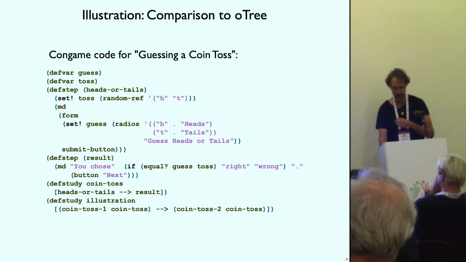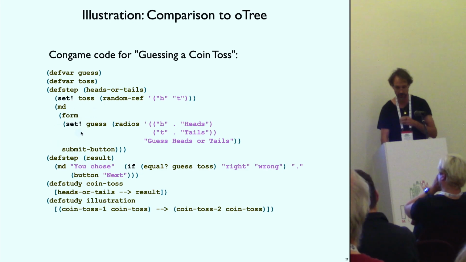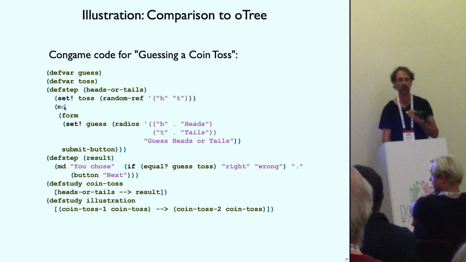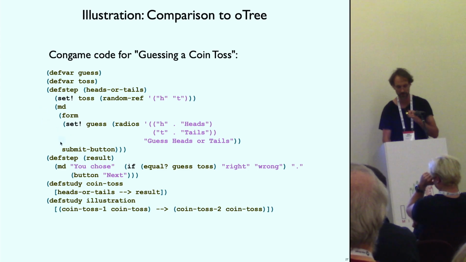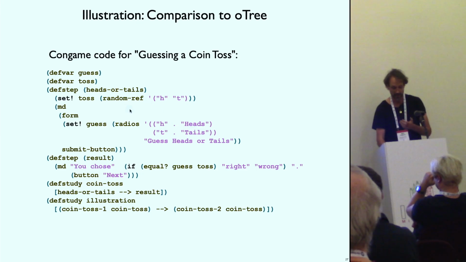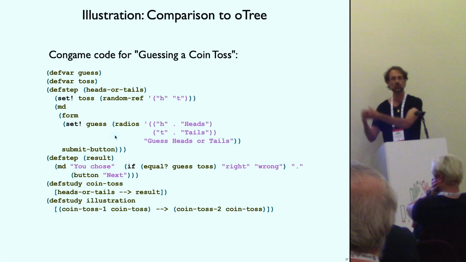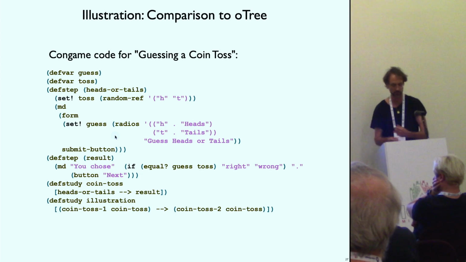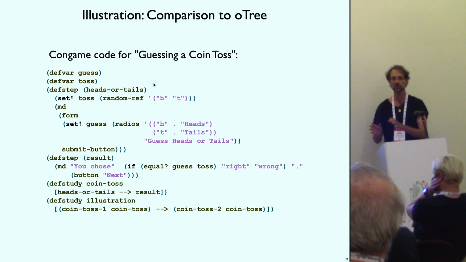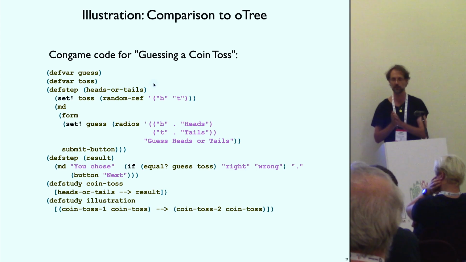What I mean by this is, going back to the example, def step does a bunch of computations first, and then MD stands for Markdown. This is the Markdown page that will be shown. So that means that in this form, I can generate dynamically. I can use Racket to create some part there or to compute it. I can do computations before, and so on and so forth. I don't have to think about where am I? Do I have the full power of Racket available to me?